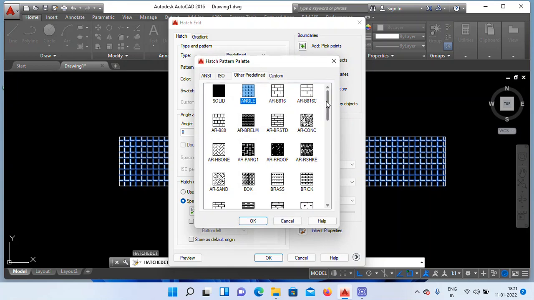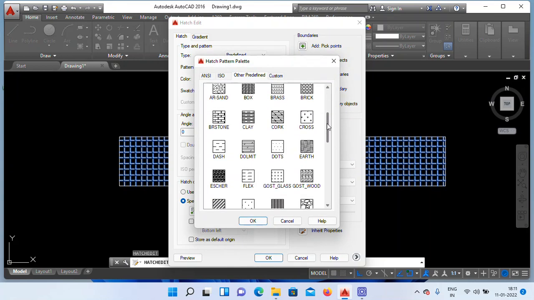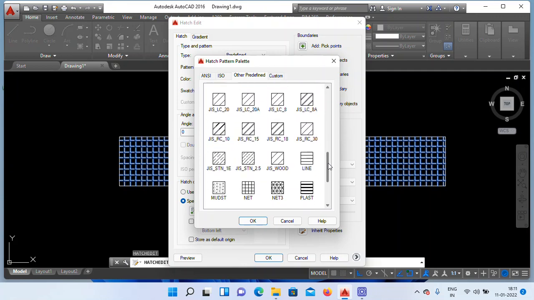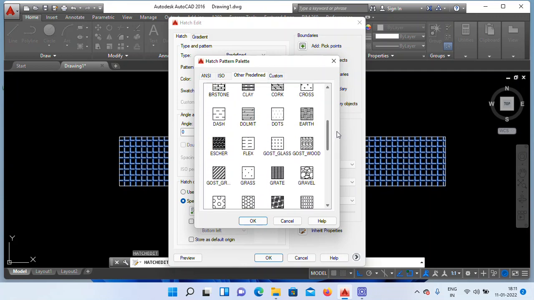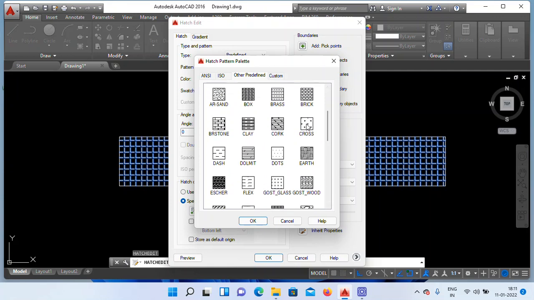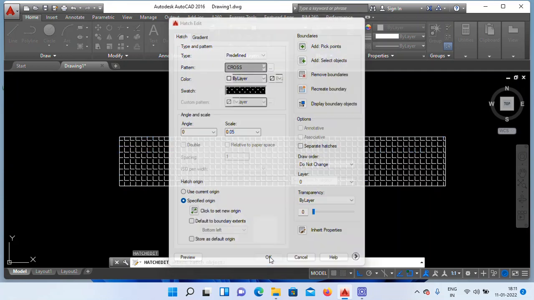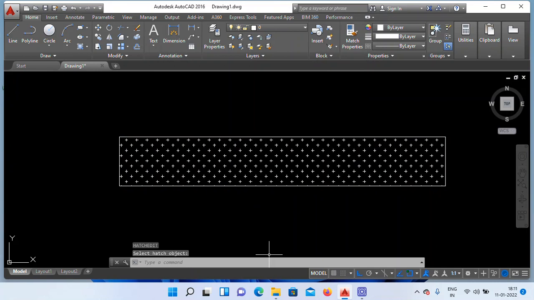Select any one required design. Assume I want this design. Where is this? I need this. This I want. Select. Click on OK. Here also click on OK. See, changed, right? Like this.